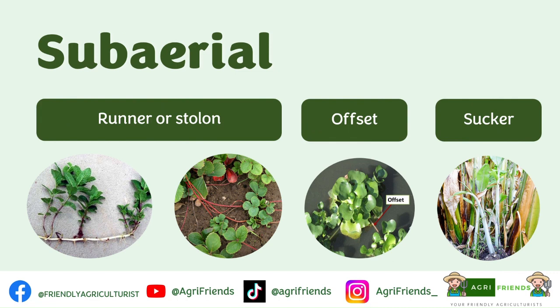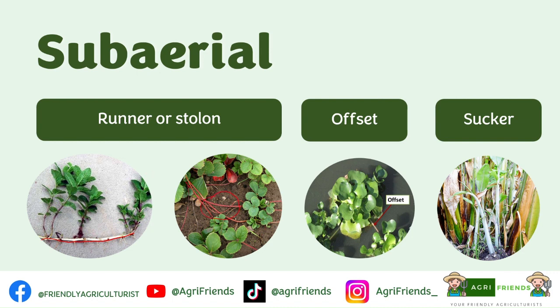Lastly are the subaerial modifications of a stem. So we have runner or stolon. In many references, these two terms are interchangeable with each other. Both of them grow parallel to the ground and have a creeping stem with long internodes. And a new plant will develop in the nodes. However, in other references, they differentiate a runner from a stolon. They define runner as the stem that is attached to the ground, while the stolons have stems that are elevated,